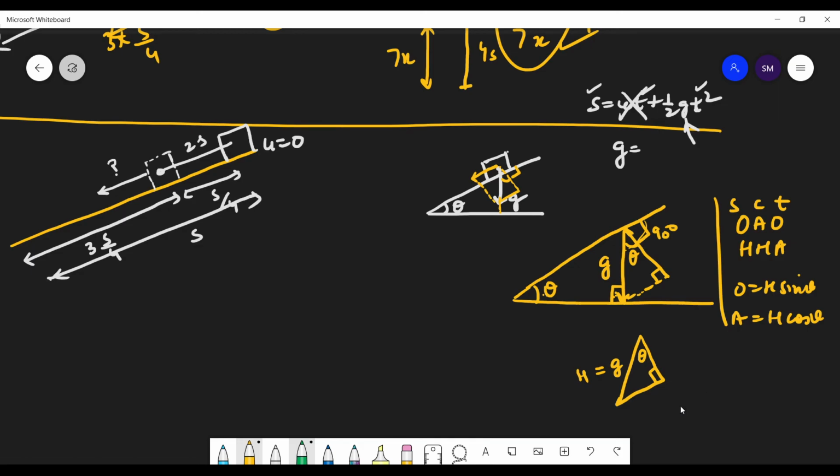ओके, तो अपोजिट साइड इज हाइपोटेन्यूज, हाइपोटेन्यूज इज जी, सो दिस इज जी साइन थीटा एंड दिस इज जी कॉस थीटा। आगे बात समझ में? यस। तो ये कितना हो गया आपका, ये कंपोनेंट जी साइन थीटा, यानी कि आपका जो जी है वो है जी साइन थीटा। जो जी आप लेते हो इस इक्वेशन में, वो जी किससे रिप्लेस हो जाएगा? जी साइन थीटा से। बन गई बात अब?